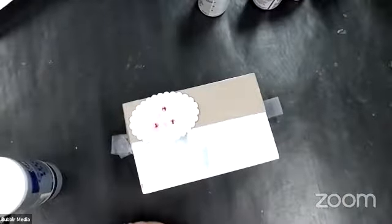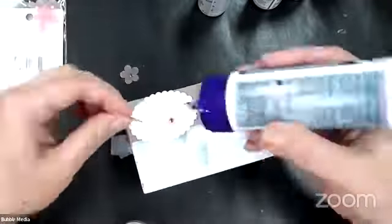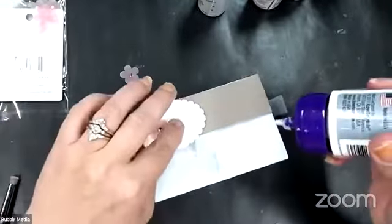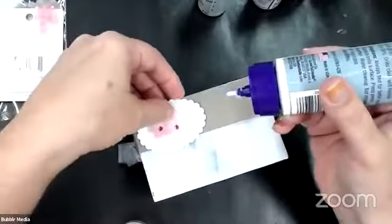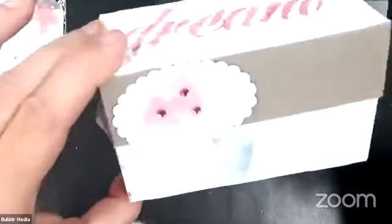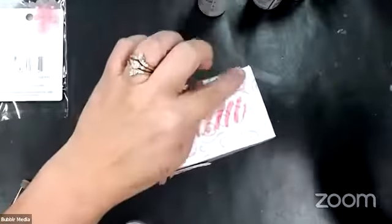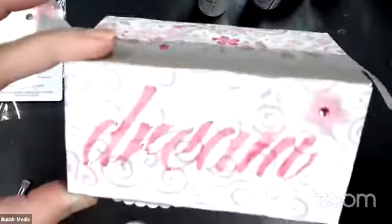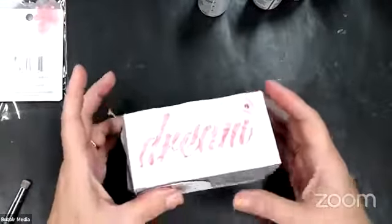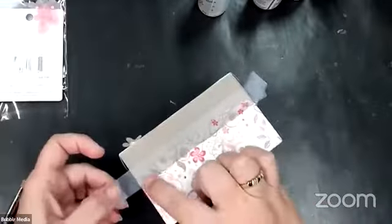Again with my tacky glue. And overlap those. If you don't have the means to find these, you can make them yourself. Put that there like that. And I'm going to stick one up here. So when, let's hold that down until it sets up. When this is dry, all you have to do, if you decoupaged it onto the napkin,